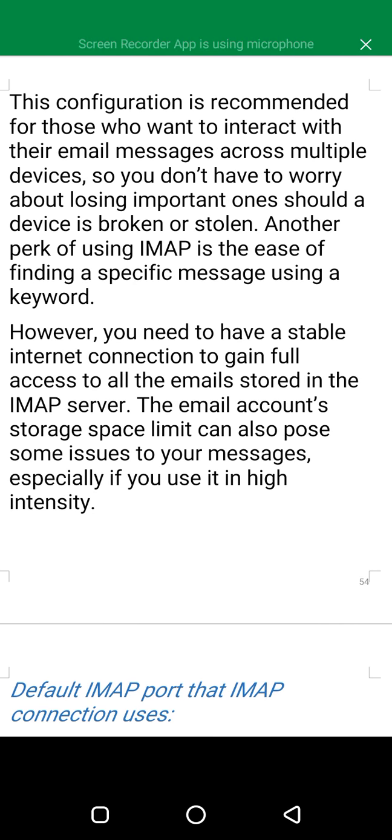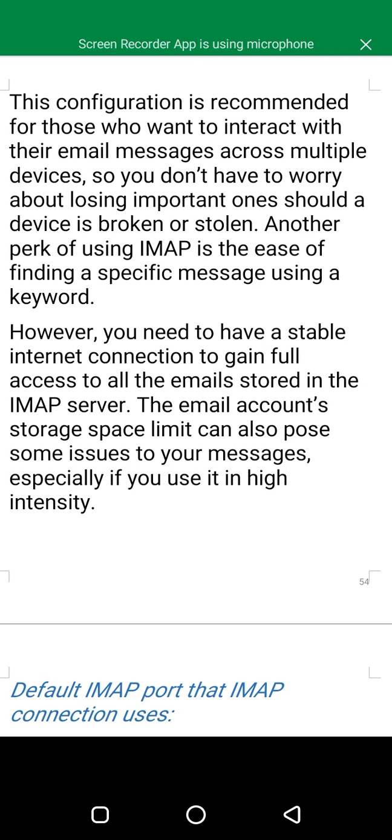This configuration is recommended for those who want to interact with their email messages across multiple devices. So you don't have to worry about losing important ones should a device break or get stolen. Another perk of using IMAP is the ease of finding a specific message using a keyword.